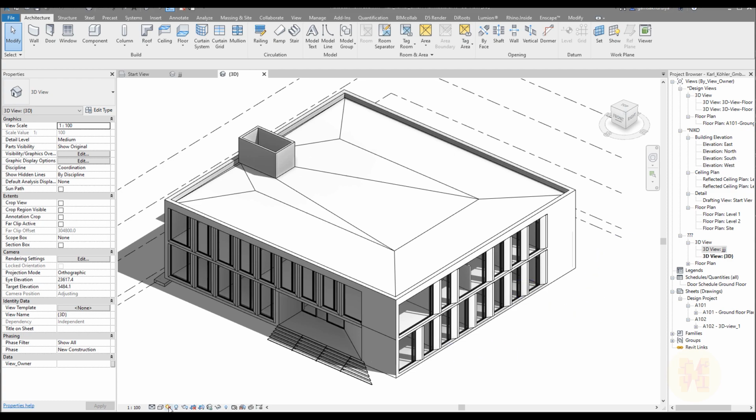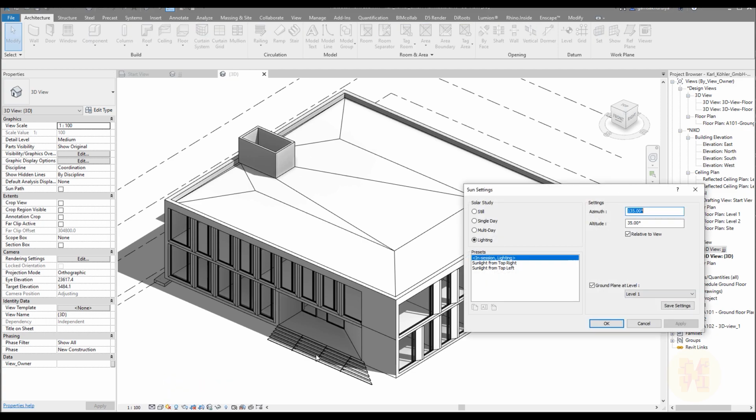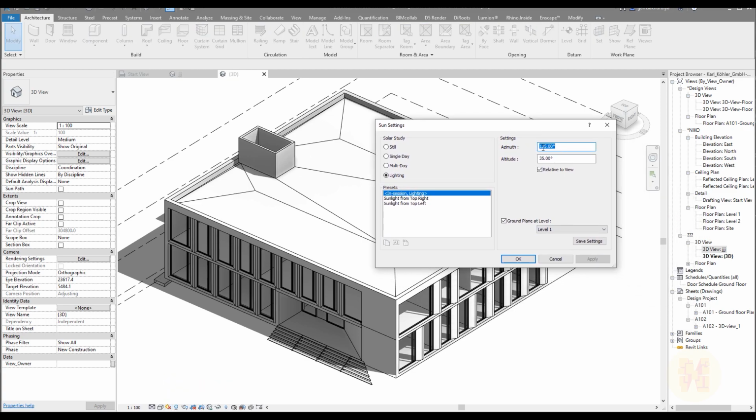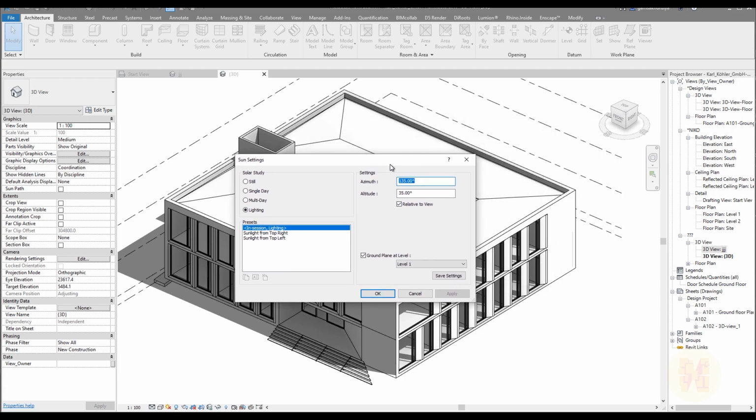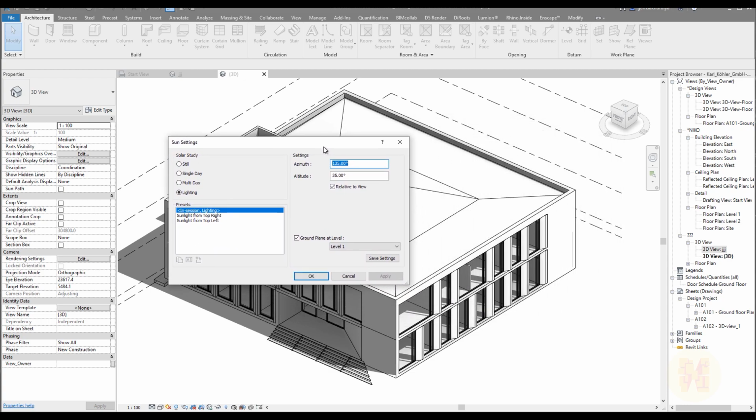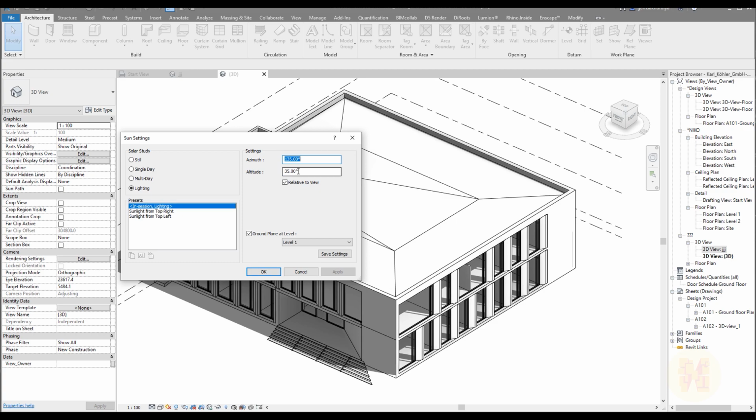How can you change it? Go to the sun and use the sun settings. Here you can easily change the azimuth and altitude of your sun. Okay, first we will change, for example, the altitude of our sun. For example, I will change it to 45 degrees, and you will see the difference. Let's apply it, and as you can see now, the shadow casting